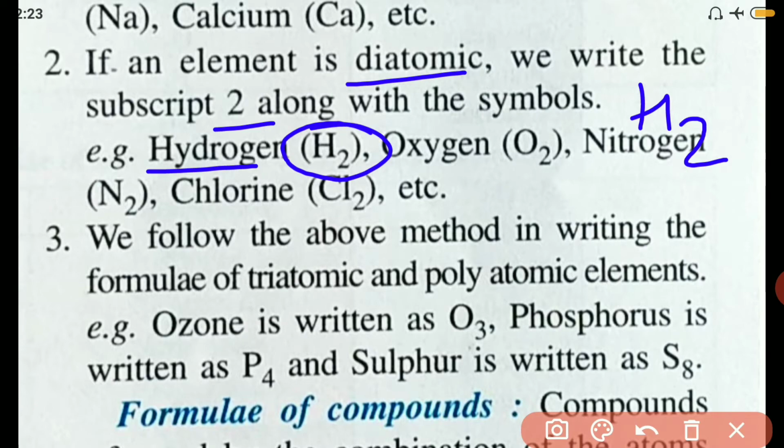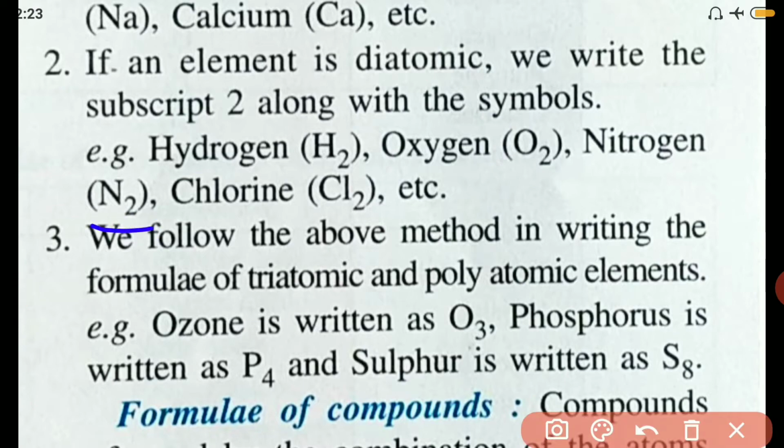Oxygen's symbol is O, whereas if you want to write a molecule of oxygen, we need to write it as O2. Similarly, nitrogen becomes N2, chlorine becomes Cl2 because they are all diatomic. Di means 2, so 2 needs to be written in the subscript. We follow the above method in writing the formulae of triatomic and polyatomic elements. For example, ozone is written as O3, phosphorus as P4, sulfur as S8. So the numbers 3, 4 and 8 represent the number of atoms present in one molecule. This is how you write the formula